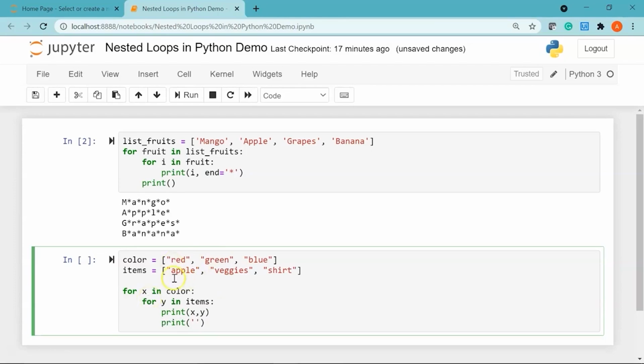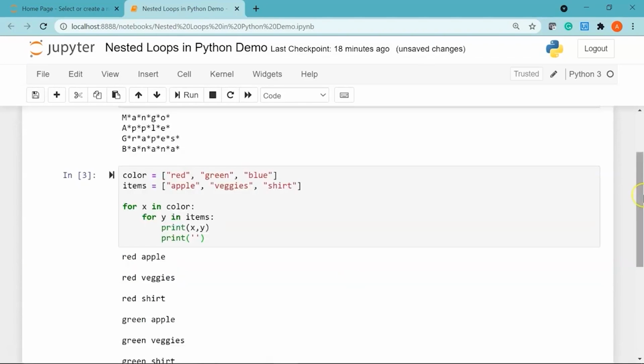So first of all, my outer for loop will iterate through the items that are present inside color list, and for each color we are going to iterate through the values that are present inside items list. Now let me go ahead and print it. You can see it here.